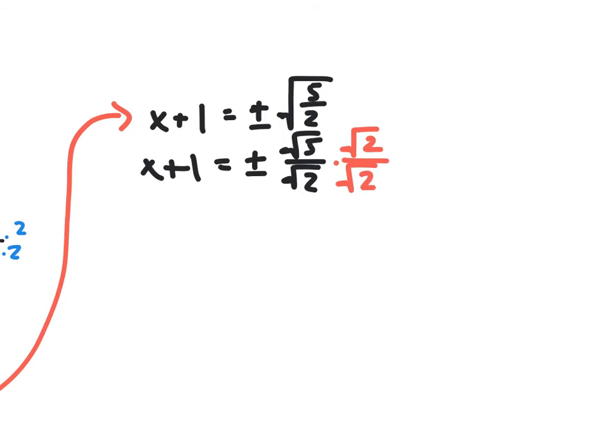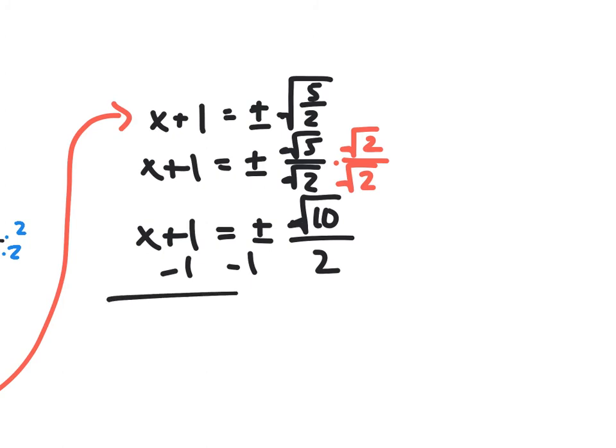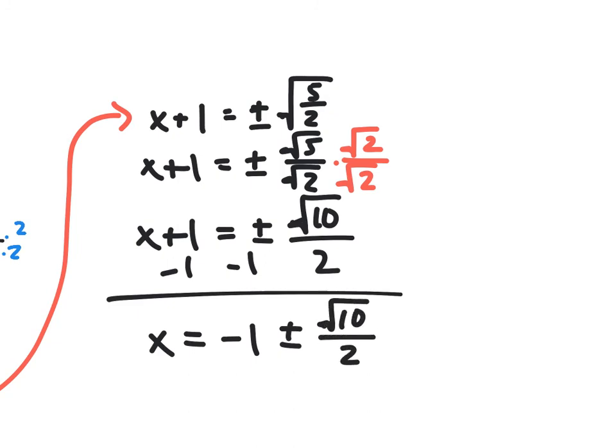All right. So what I get is this: x + 1 is equal to plus or minus the square root of 5 times the square root of 2, which gives me the square root of 10, and then the square root of 2 times the square root of 2 is just 2. Okay, so I've got that. And then I'm going to subtract 1 from both sides. All right, so I get that x is equal to -1 plus or minus the square root of 10 over 2. Okay, now technically this answer would be sufficient,